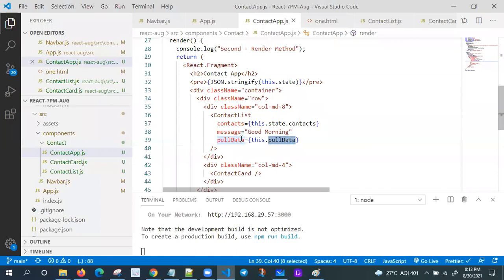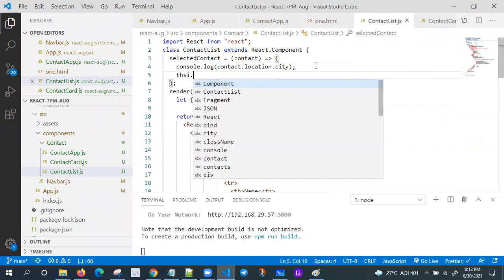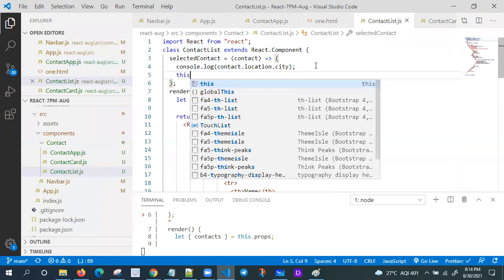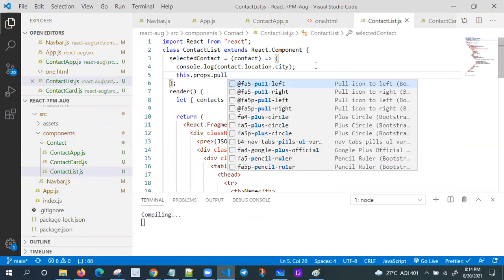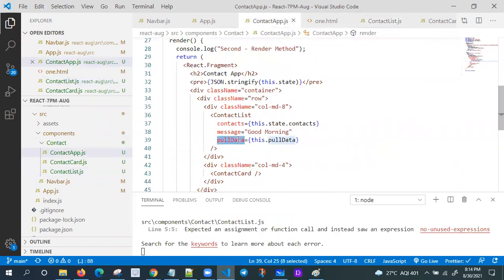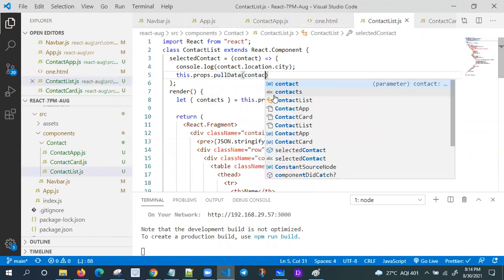Here only I'm going to use this: this.props.pullData. Let me check the name here, pullData. Fine, so I'm passing contacts here.